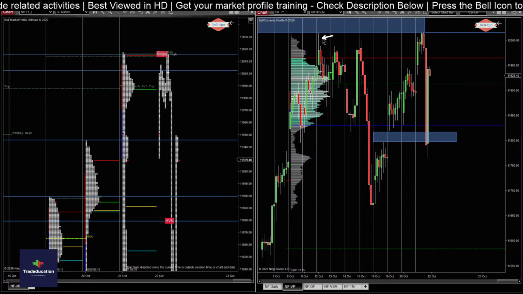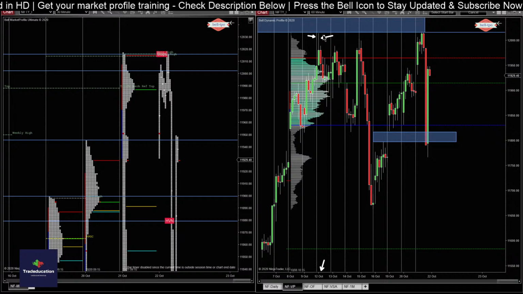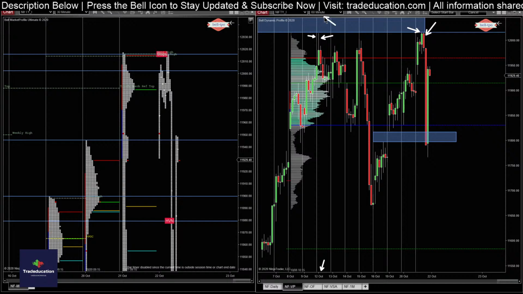If you see this price action, this was on the 12th of October, where, if you study the wick, strong rejection is coming in. This should give you a hint that there are sellers present, and that confirmation was given by this candle, also by this candle. Mind you, this is a 60-minute chart, an hourly chart. On an hourly chart, it gave me clarity that there was a lack of buying.